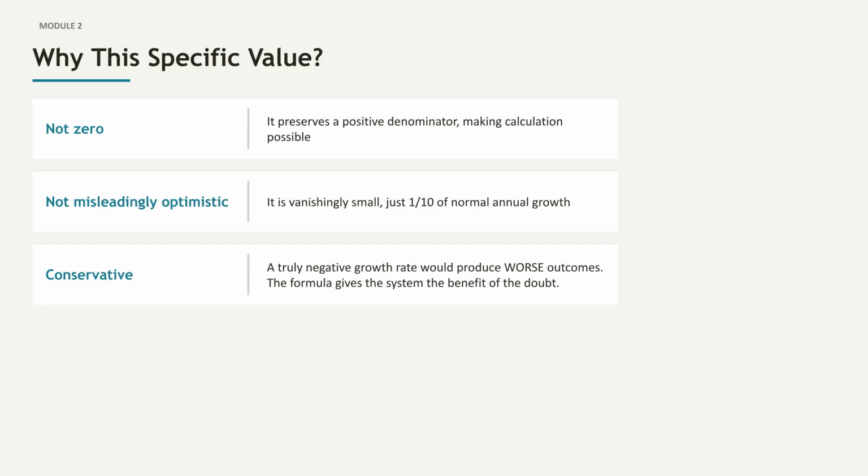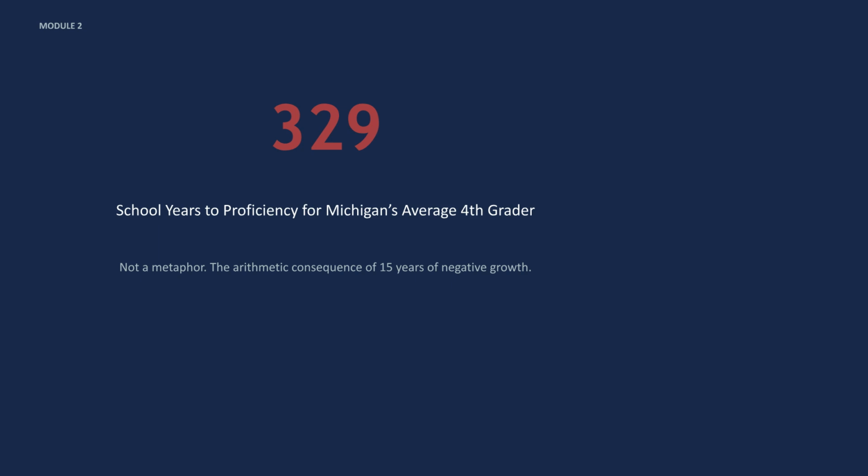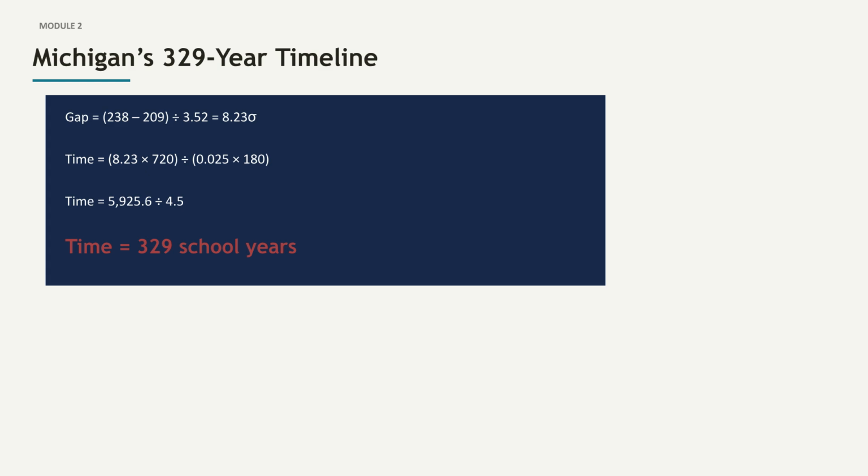This specific value was chosen for three reasons. It preserves a positive denominator, it is vanishingly small, and it is conservative, giving the system the benefit of the doubt. Using this proxy floor, the time to proficiency for Michigan's average fourth grader is calculated to be 329 school years. This is the arithmetic consequence of 15 years of negative growth. This scene shows the calculation resulting in 329 school years,